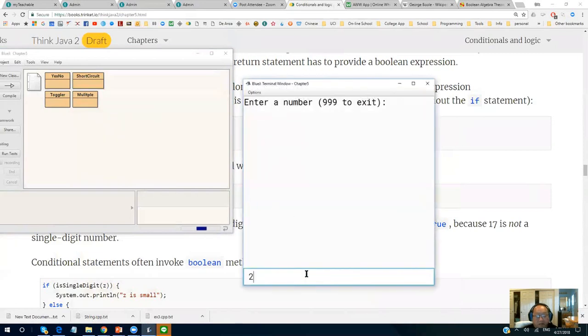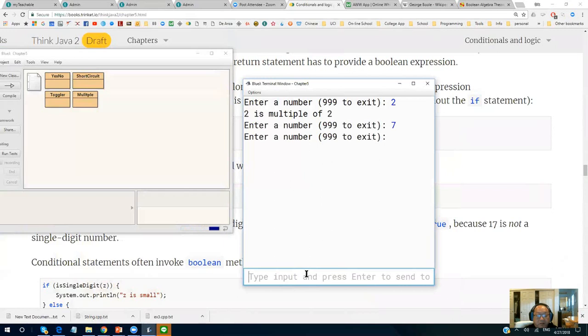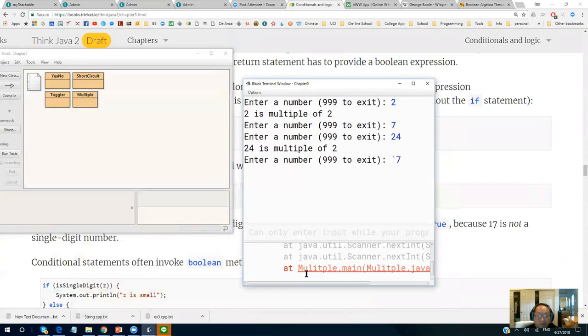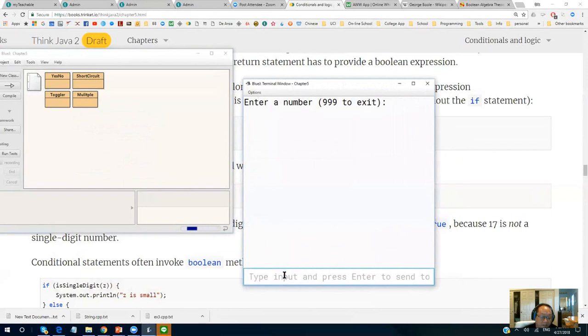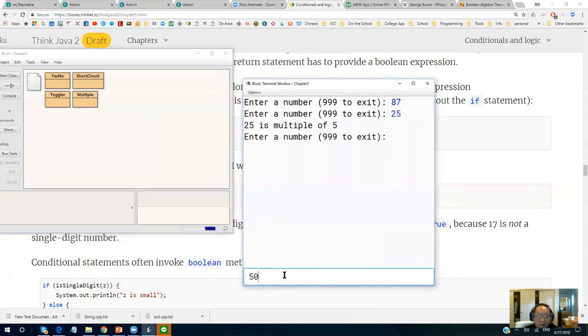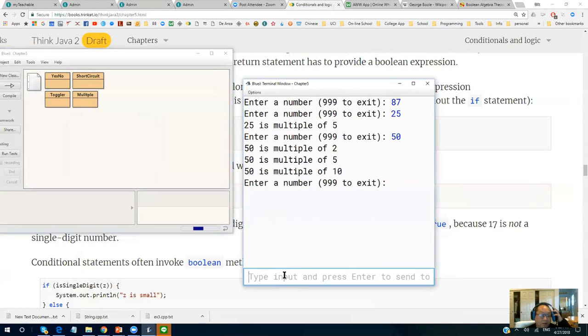So like here, let me try 2, 7, 34, right? 17. Oh, I did something wrong in there. So here I enter 97, 87, 25, and then 50, right? So this becomes a checker for multiple values.